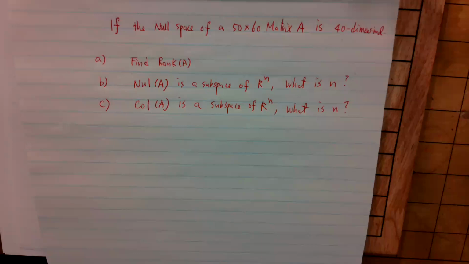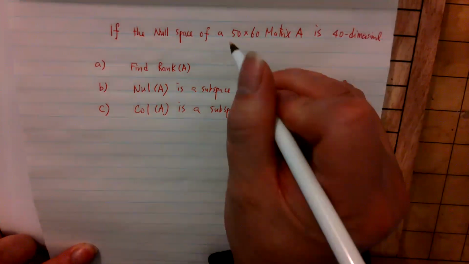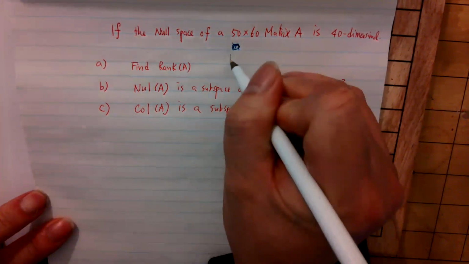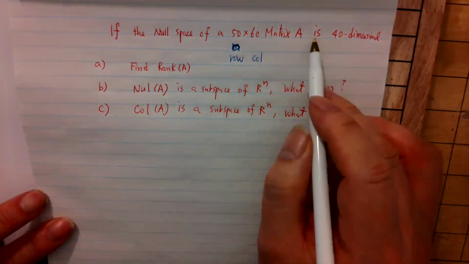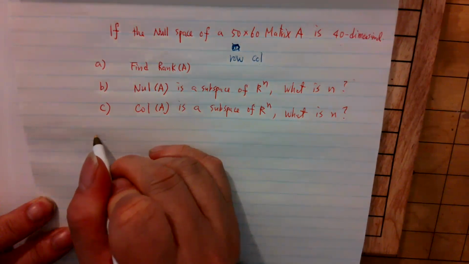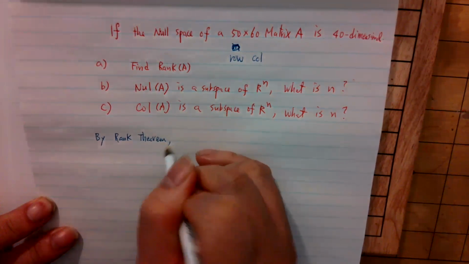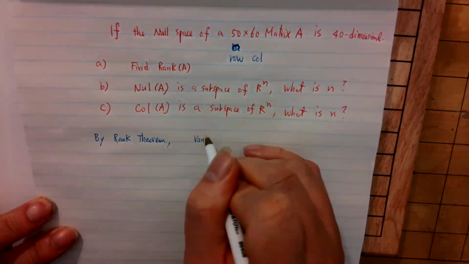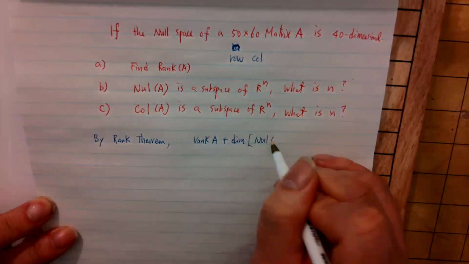Okay, I'm recording now. So let's look at the question and its description. This is the sample test. If the null space of a 50 by 60 matrix A, where 50 is the number of rows and 60 is the number of columns, has dimension 40, and we know by the rank theorem, the rank of A plus the dimension of the null space of A